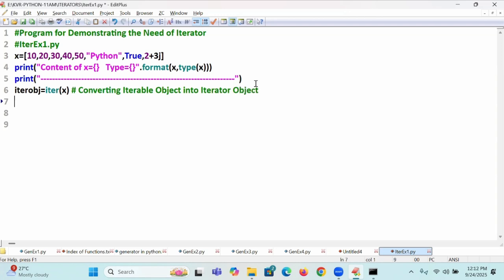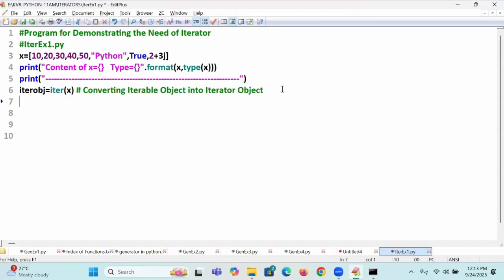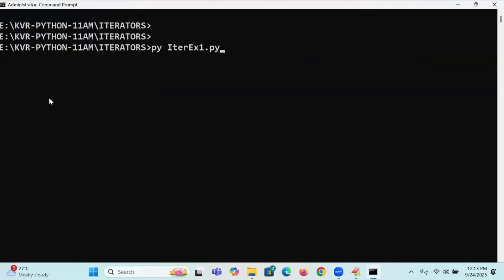Now you print it: type is equal to type of itrobj. I am going to write it and execute.